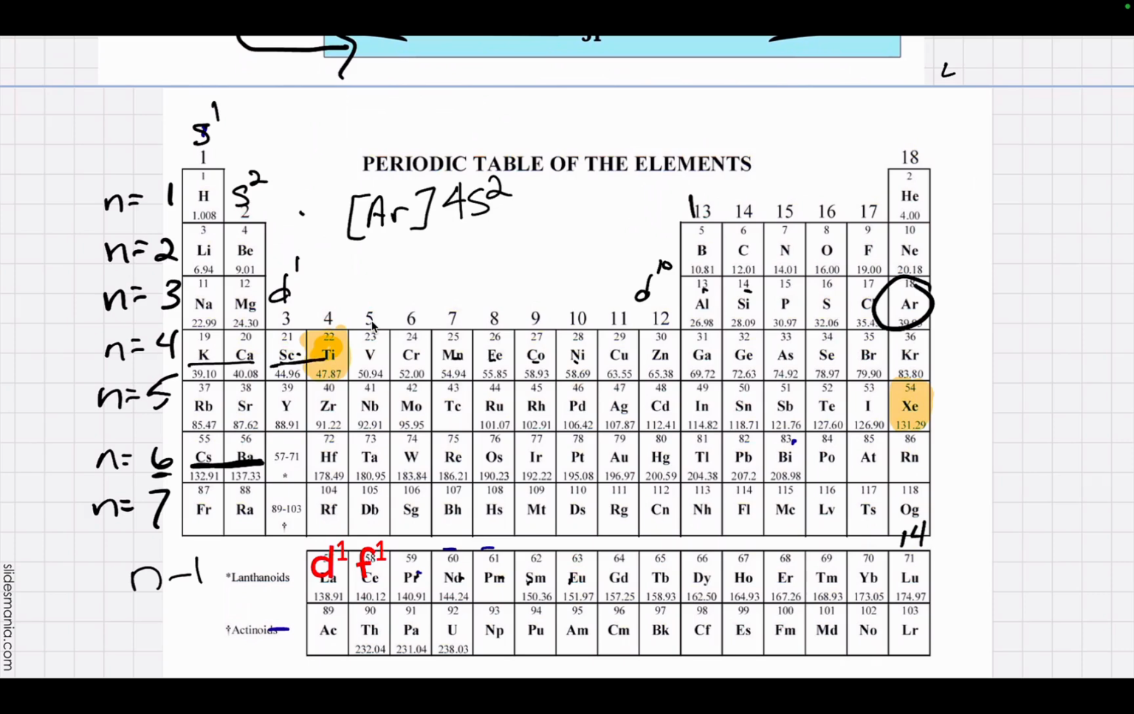And then I'm dropping down, so 3d2. And titanium, if this is just titanium neutral, but if I were going to do titanium ion plus 1, then one of the s electrons is going to be given away. So it would be 4s1, 3d2. You can also write that as